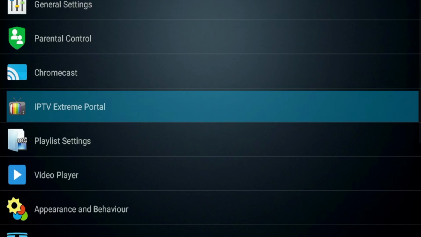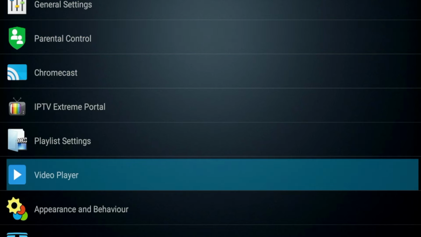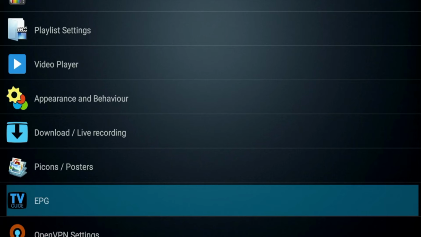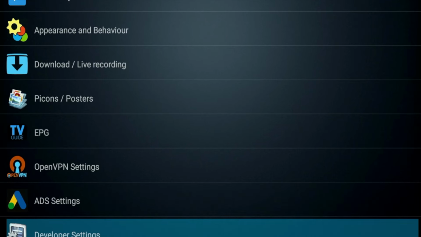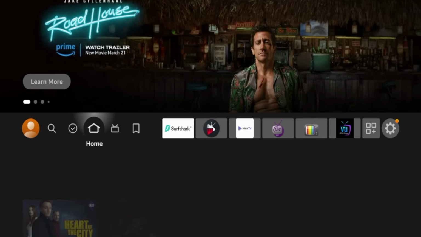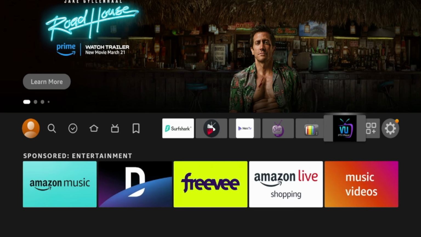If you click settings, these are some of the more in-depth settings here. General settings, parental control, you can adjust video players, download live recording, appearance, electronic program guide, etc., etc. So that is IPTV Extreme Pro in a nutshell. So I'm going to hit the home button on my remote, and the fifth and final IPTV player I want